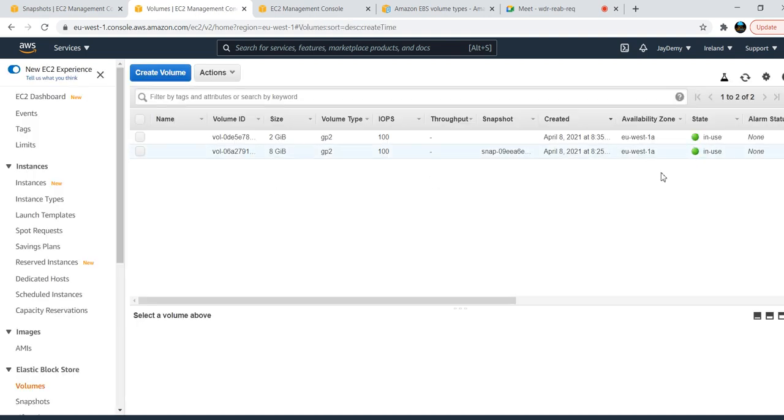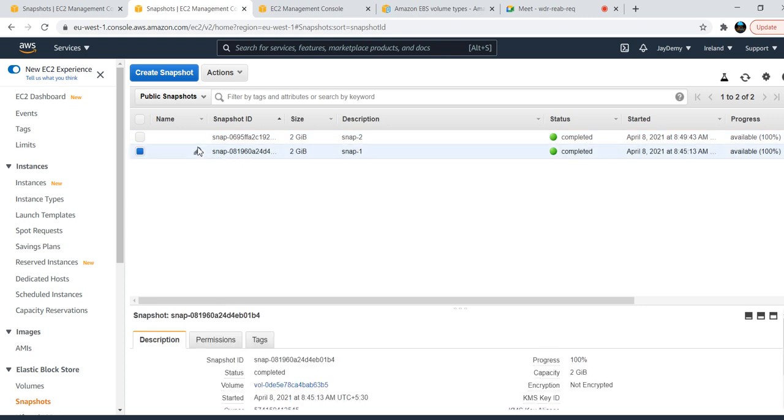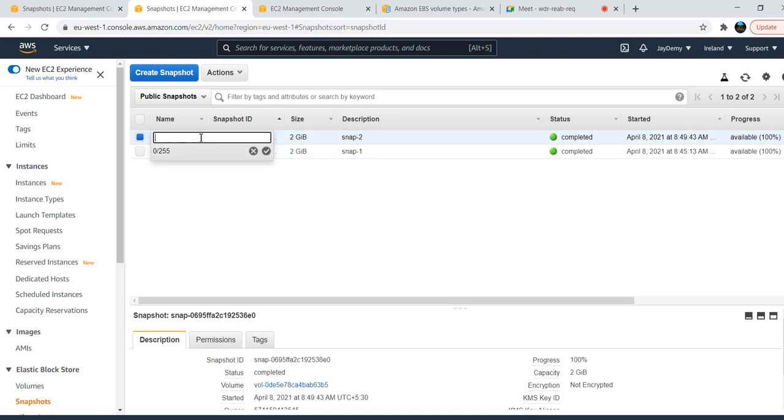The second snapshot will come very quickly. Okay, snap2 and snapshot. The first one takes some time, the second one will complete very fast. So snap1, I'll give the name snap1 here, and here also I'll give snap2.